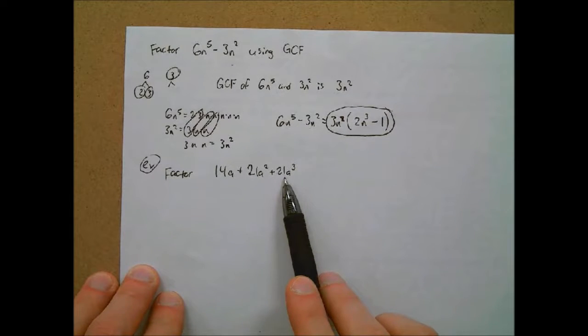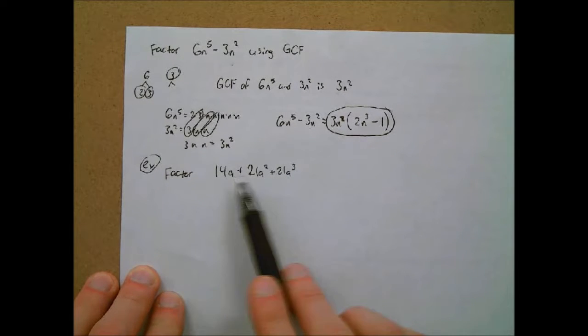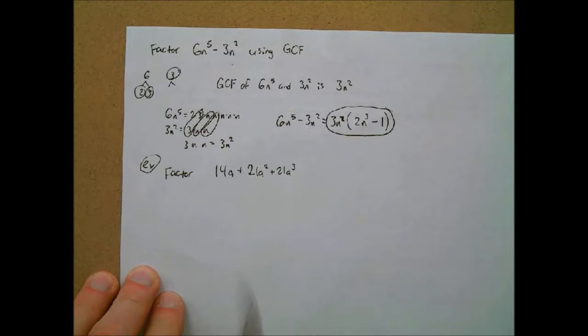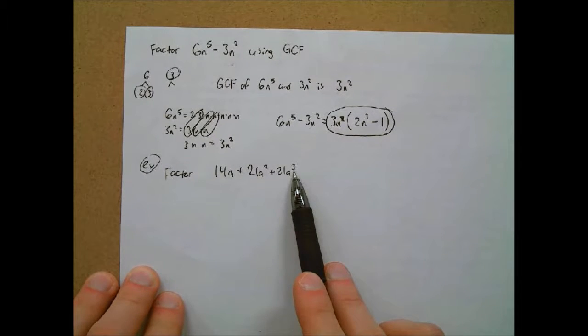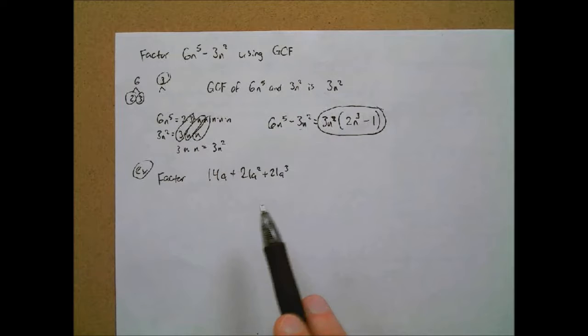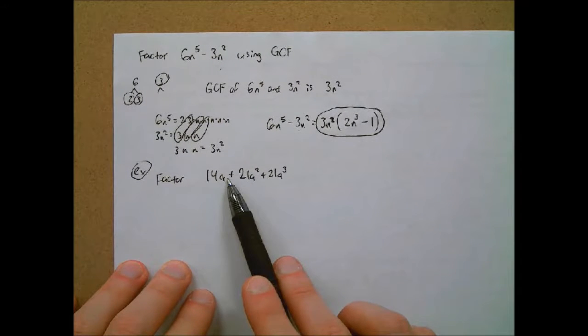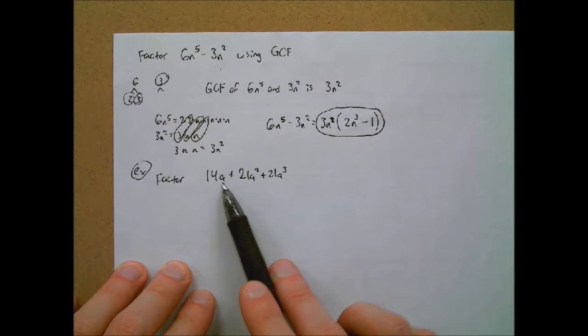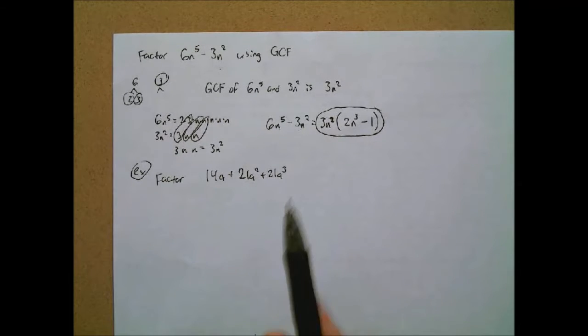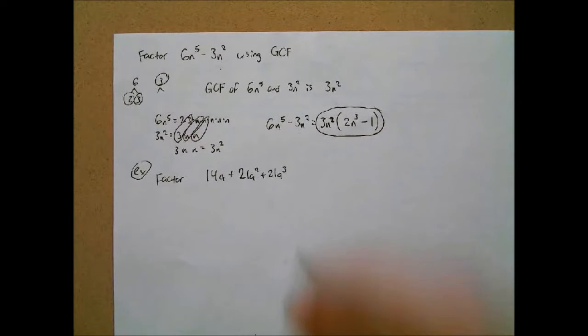What about the variables? What's the most amount of variables that I can take out from all 3 of these? How many A's can I take out from all 3 of these? 1. Yeah, I can take out 1 from each, right? At most 1 from each, because this one's only got 1. This one's got a squared, but again, I can only take out 1 because I'm limited by this one. Same thing here. So in other words, my GCF here is going to be 7A, okay? So you can just like look at it and see,